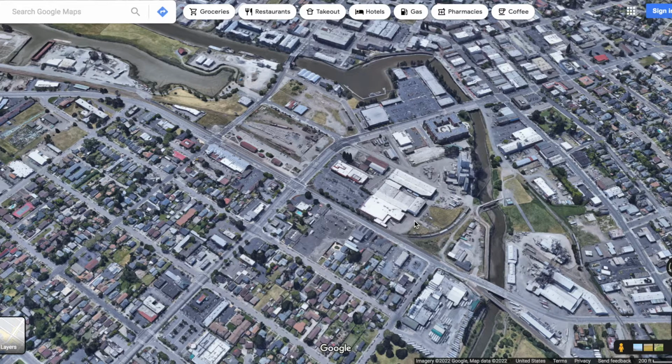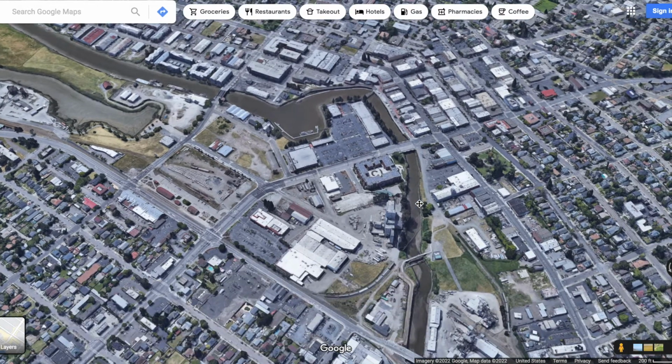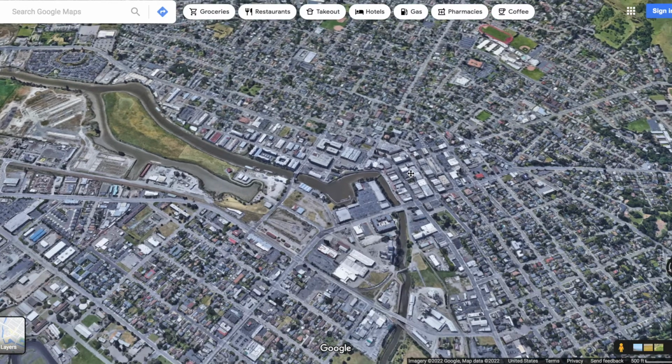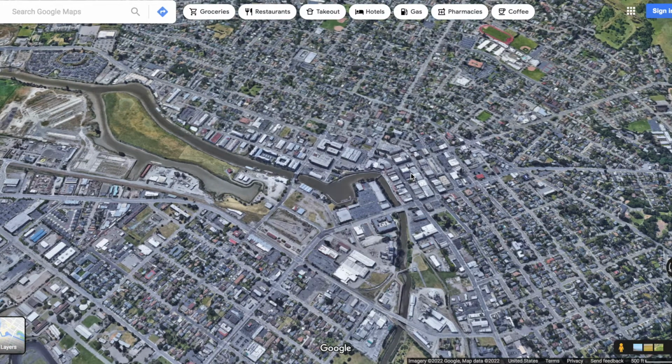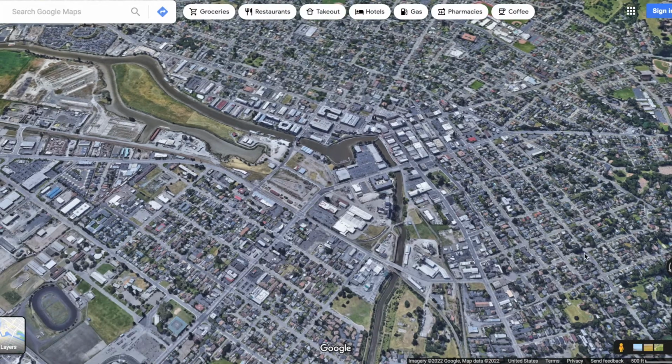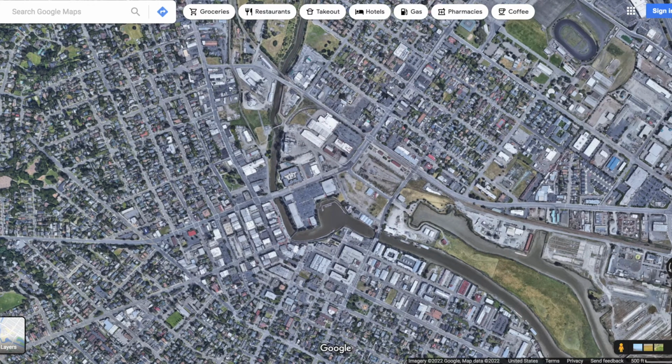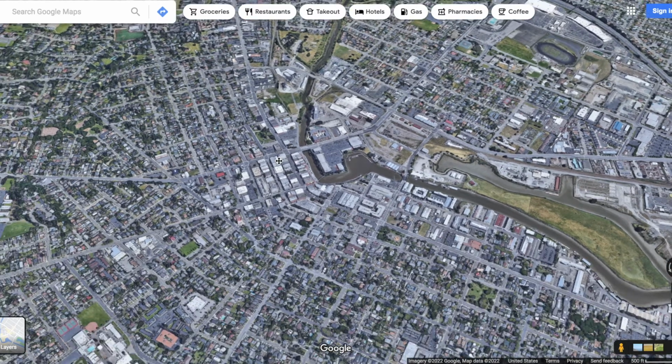Now in terms of the town itself, it's a pretty standard layout for most American towns of the time period. I think 1858 was when the city was incorporated. And so we see in the oldest parts of downtown, let me just flip it around so north is facing up. In the oldest parts of downtown,